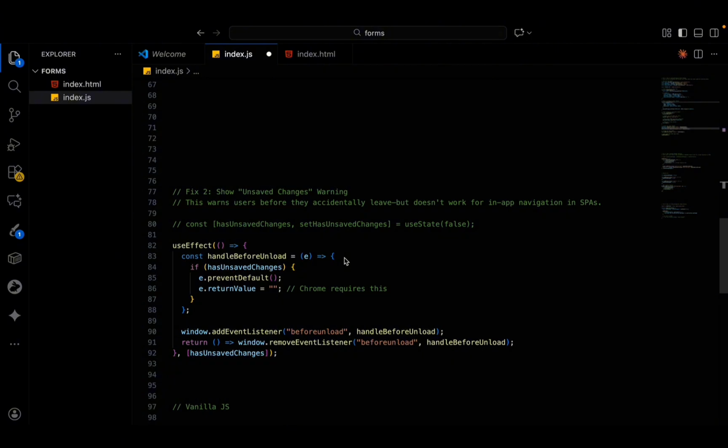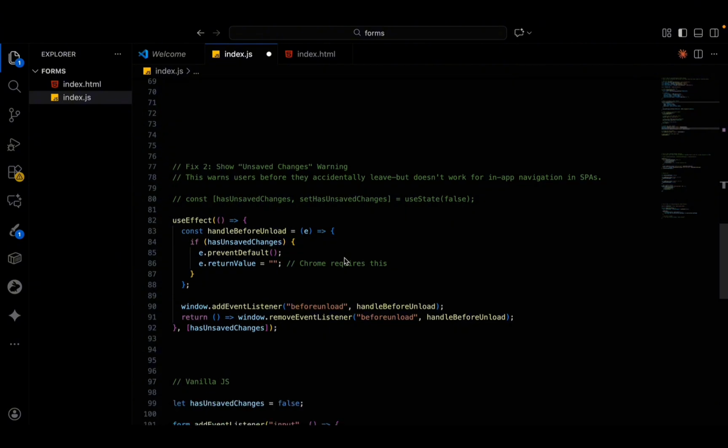So for instance, React Router DOM handles routing completely internally, not browser-wide. So you may not be able to get access to the browser-wide routing system,